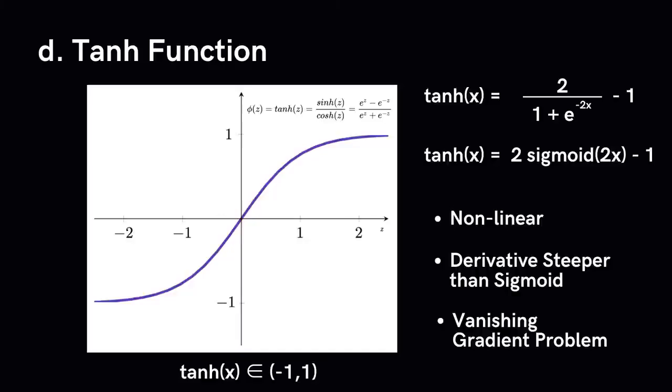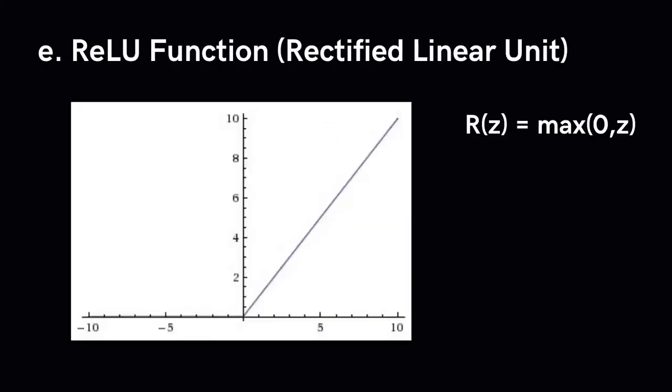Like sigmoid, tanh is also a very popular and widely used activation function, and yes, like the sigmoid, tanh does have a vanishing gradient problem. The rectified linear unit, or the ReLU function, is defined as a of x is equal to the max from 0 to x. At first look, this would look like a linear function, right? The graph is linear in the positive axis. Let me tell you, ReLU is in fact non-linear in nature, and combinations of ReLU are also non-linear.